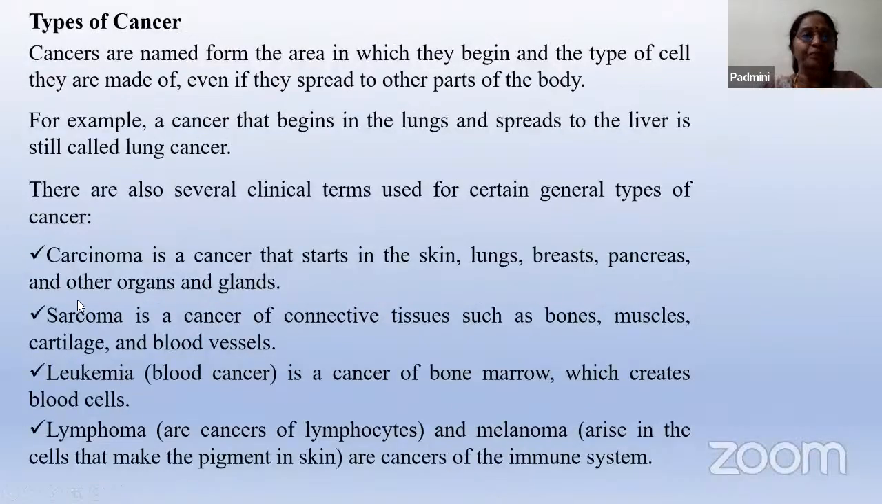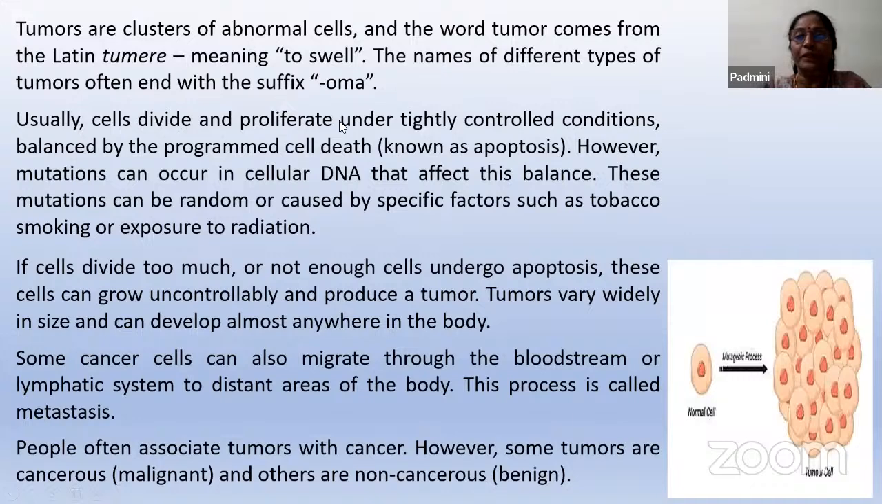cells. So these are clusters of abnormal cells. If you can see this picture over here, these are an abnormal number of cells. You have a single cell, and the single cell divides again and again and becomes an abnormal mass. They swell, as you can see in the picture. The names of the different types of tumors are suffixed with OMA. That is, wherever you see an OMA at the end, you can say that it is a tumor. So usually the cells have to divide and proliferate under tightly controlled conditions called balanced programmed cell